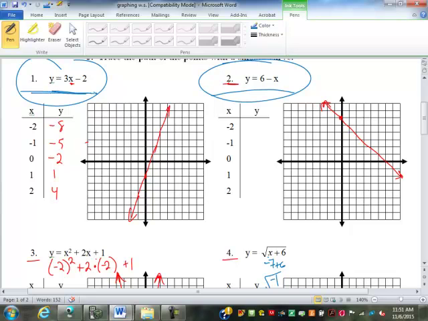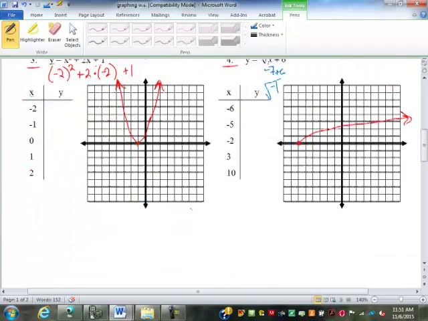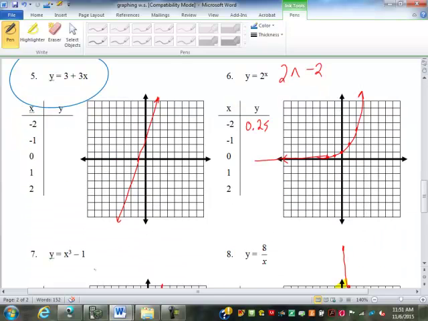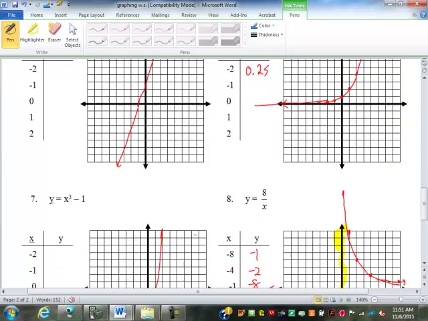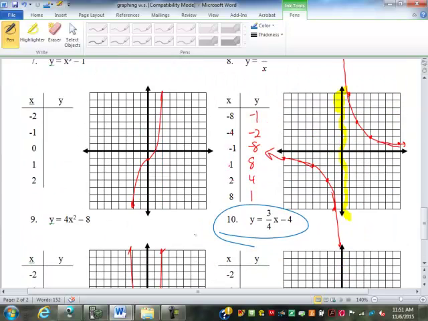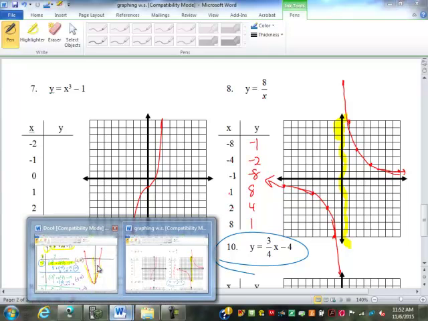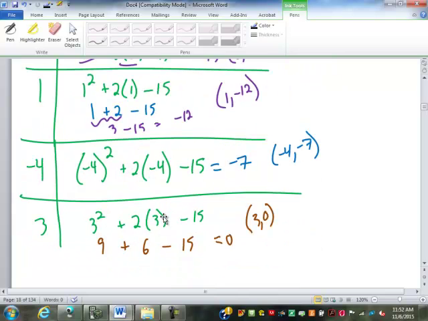What is different about these that made lines compared to the ones that didn't? So you can see these two made lines. The two down here did not. 5 made a line, 6 did not. 7 and 8, neither one of those made a line. 10 made a line, but 7, 8, and 9 did not. As we look through those, and more specifically, what do the equations that don't make lines have that the linear ones did not have? That's usually the biggest difference. Well, if we look at them,